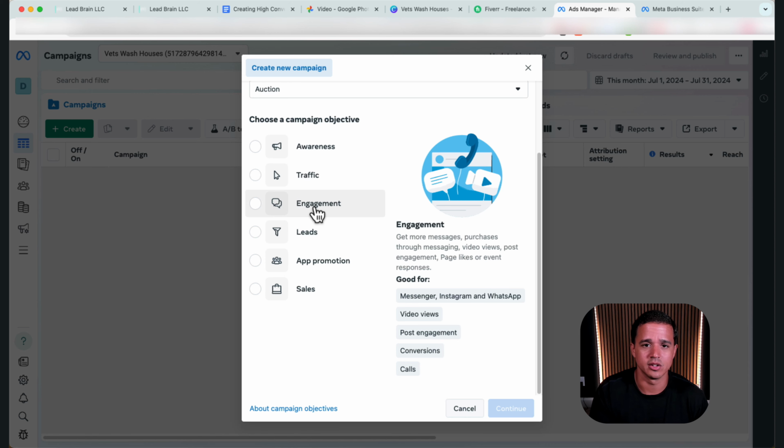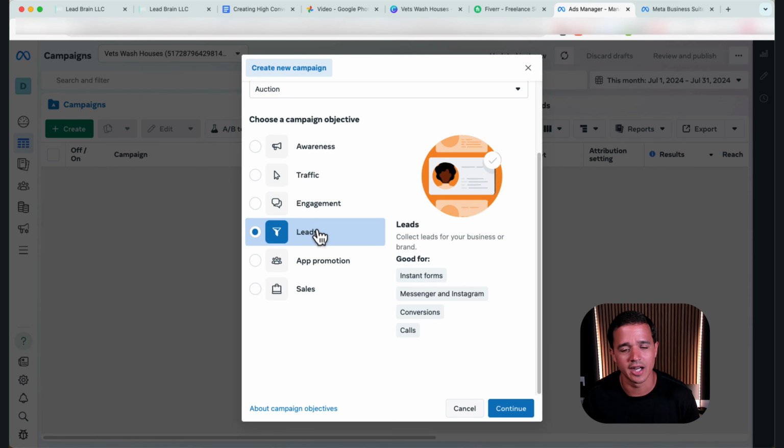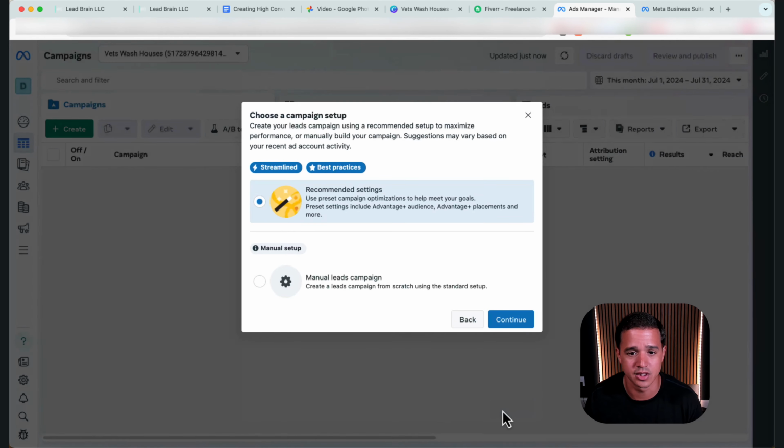So you can do Messenger ads and then just ignore all the spam that comes in and have the bot qualify the ones that come in from Messenger. It may result in a cheaper cost per lead. This is where you go through and do your iteration in those 90 days and test. But today we're going to go with lead ads because we created a lead form in video 5, and we're going to use that today. So let's go ahead and click continue.